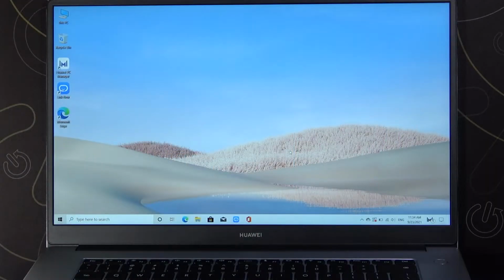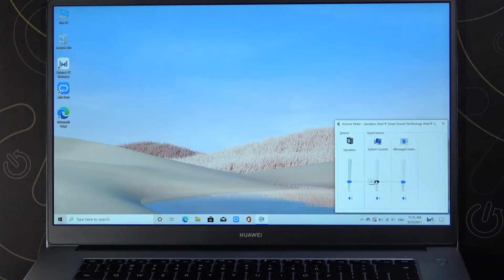Welcome, today I am with Huawei MateBook D15 and I will show you how you can change system sound volume level. So we have to click on this speaker icon by tapping with right mouse button, and we have to go for the open volume mixer. And as you can see in this place we are able to change system sounds